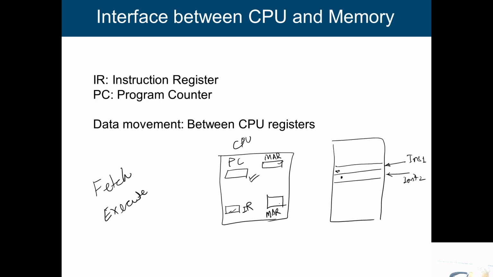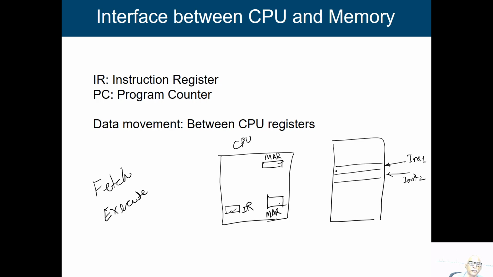So, we will transfer this information from MBR to the register IR. We say this is the instruction register. So, we transfer this information to the instruction register if we are fetching an instruction. Then whatever we kept in the instruction register will go to our control unit, maybe the instruction decoder. We are going to decode this information.